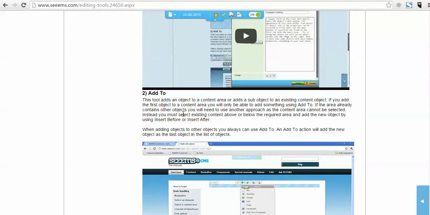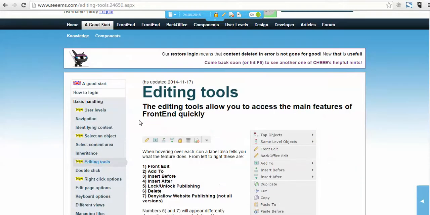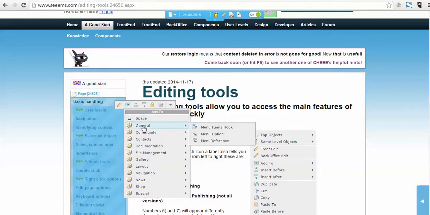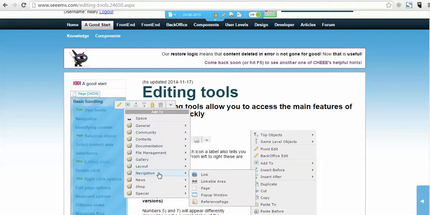So first of all, if I just show you how this works using this menu here, because a menu is the sort of place that you can add an object to. Alright, so I'm going to go to the top of this particular menu here and hover, and you can see this is showing me the main page, this section which is called Basic Handling. Now if I wanted to add a sub page to this, I would go to the Add To icon. There are various different objects that could be added to a menu, but I find Page under Navigation. So if I come across here and click on Page,